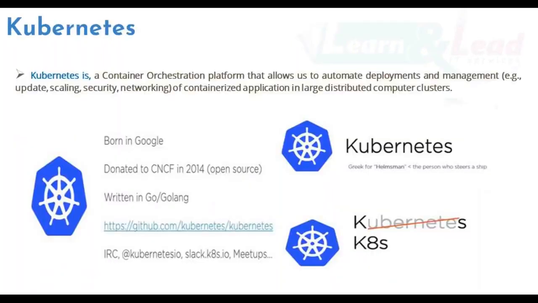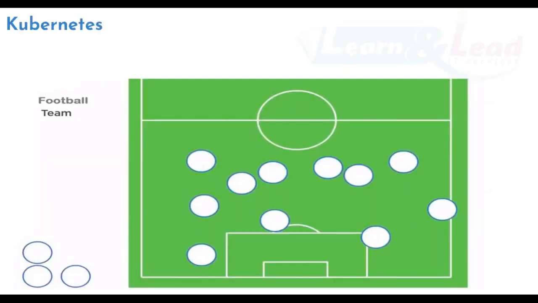Now, let's discuss how Kubernetes basically works. This is a situation without any container orchestration. How do the containers look? They do their own things on their own. Take the example of a football team: there is a team but there is no coach for them. That's why they just play on the ground. Whoever wants to play a role plays their own role, and they don't place themselves properly. So this would lead us to a lot of troubles. Maybe the team would lose.